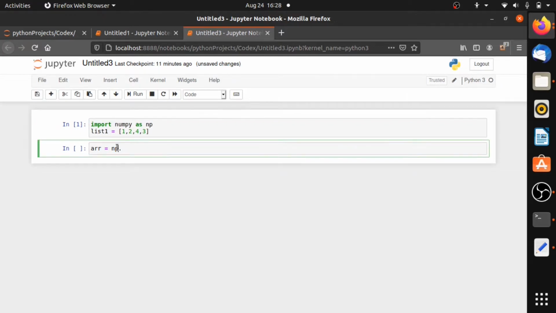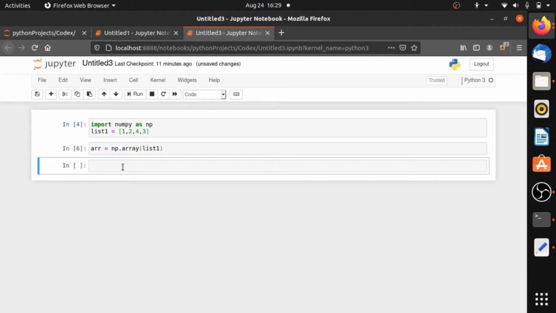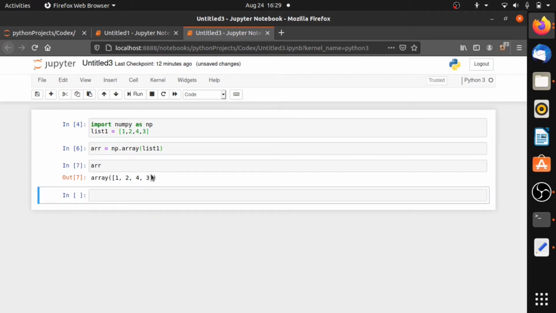Write the same name you imported NumPy as, then np.array, and pass the list name, list1. Now let's check whether the objects of list1 have been imported into the NumPy array. The NumPy array we have created is arr. Check here, the array is given like this.